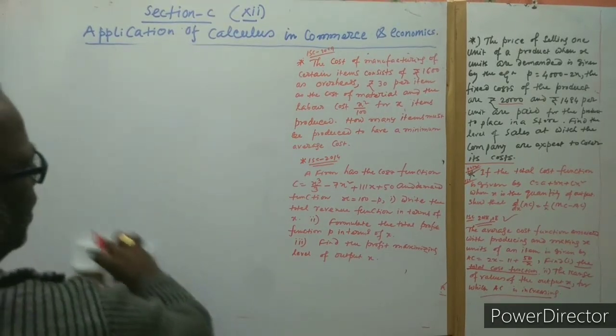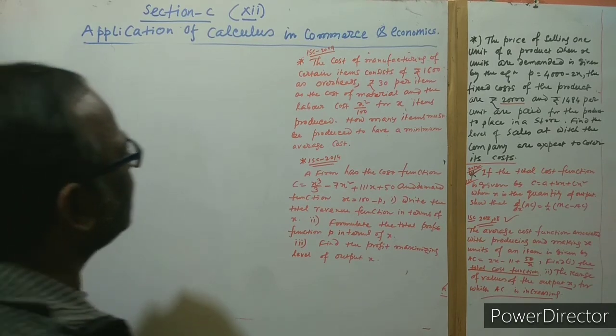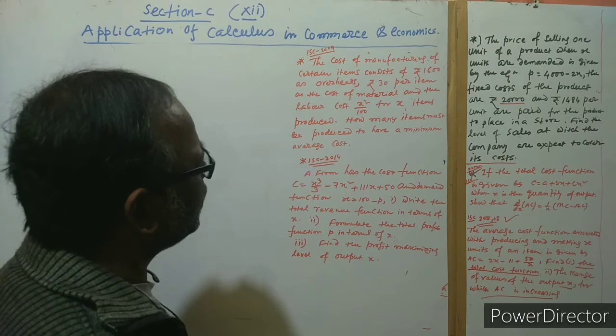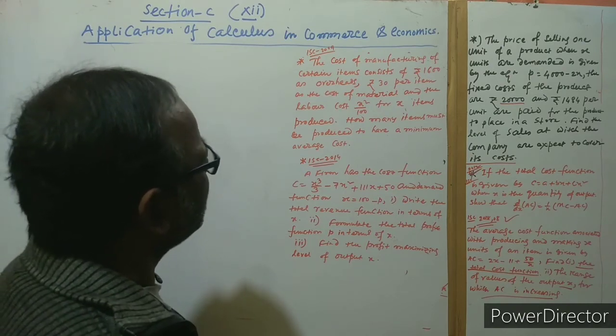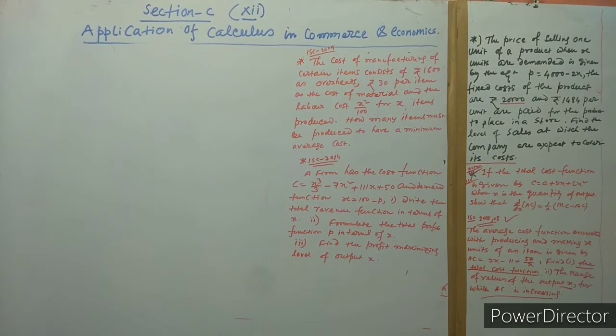Okay, of this chapter. And now in 2009 in ISC, the cost of manufacture of a certain item consists of 1600 as the overhead and 30 per item as the cost of material per item, and the labor cost here is x square by 100 for x items produced. How many items must be produced to have a minimum average cost? Okay,